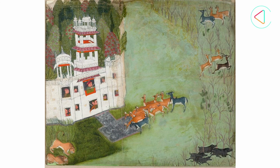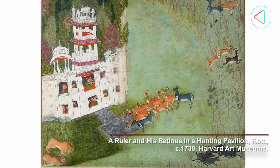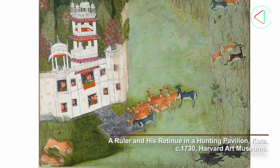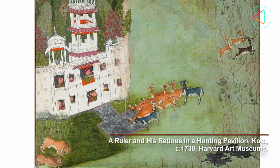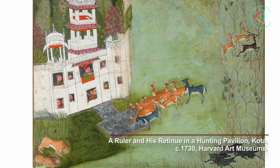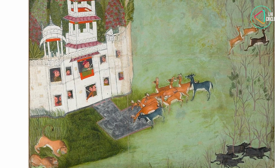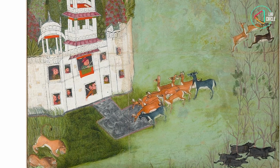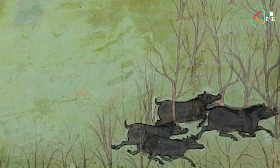The Harvard Art Museums have several paintings that demonstrate this variety. For instance, this work shows a grand white hunting structure with a large central tower adorned with dome-shaped pavilions known as chhatris. In the main window is an aged ruler of Kota holding a matchlock gun while watching a herd of deer drinking at a watering hole. Members of his hunting party occupy the other windows, and lions and wild boar are also depicted in the landscape,